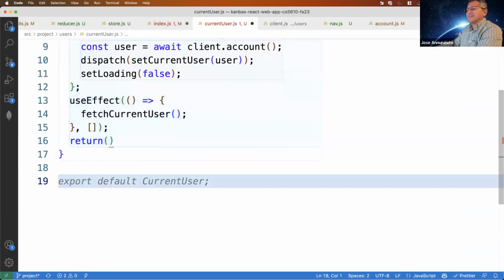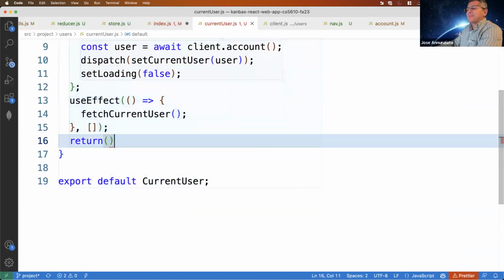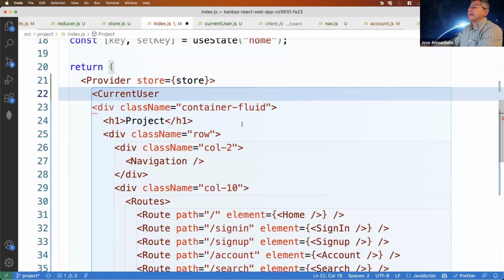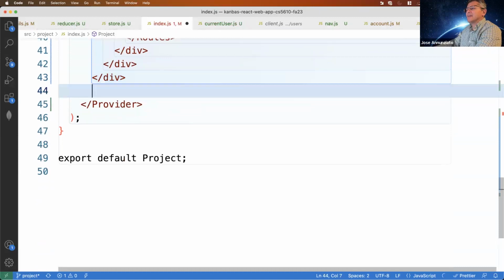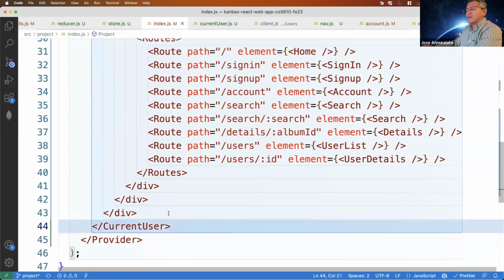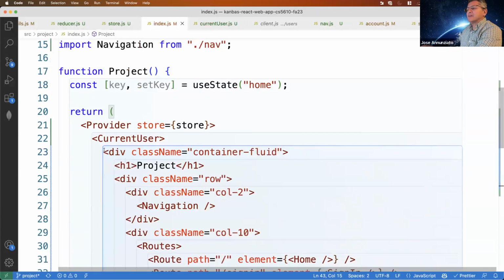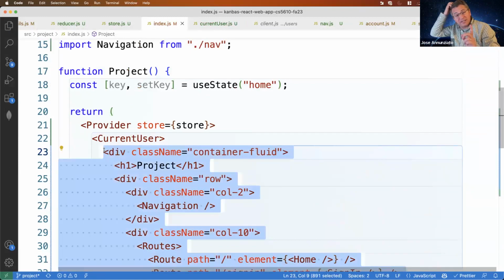I didn't export it. Export. And so here's current user, like that. But now it's going to have a body, right? It's going to say this whole thing is either going to render or not, but not until I know whether I'm logged in or not.